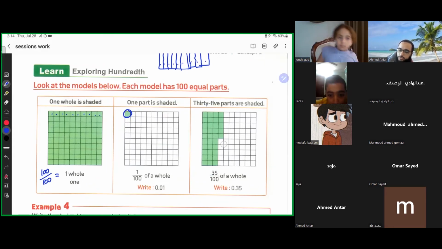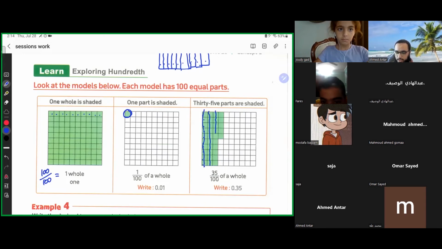In this question, 1 to 10 are 10, another 10 makes 20, another 10 makes 30, then 31, 32, 33, 34, 35 over 100, which is 0.35, and so on. If there is any problem right now,